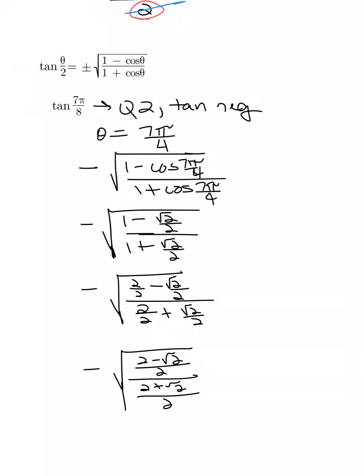Here again, we have a complex fraction where the denominators are exactly the same. So we can just save that step of multiplying by the reciprocal and cancel right here. And we wind up with a final answer of negative numerator square root of 2 minus the square root of 2 over denominator 2 plus